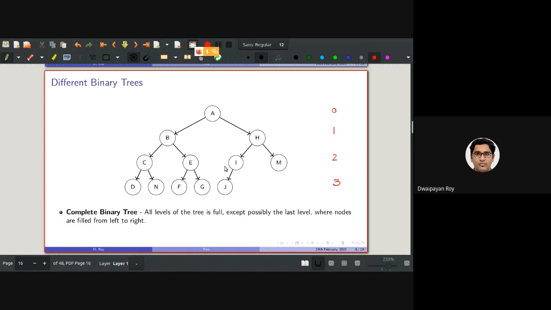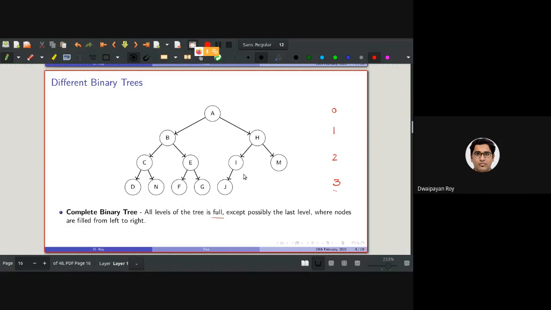That is what I'm referring to as the fullness of a level, except the last level. Here the last level is 3, where the last level is filled from left to right.